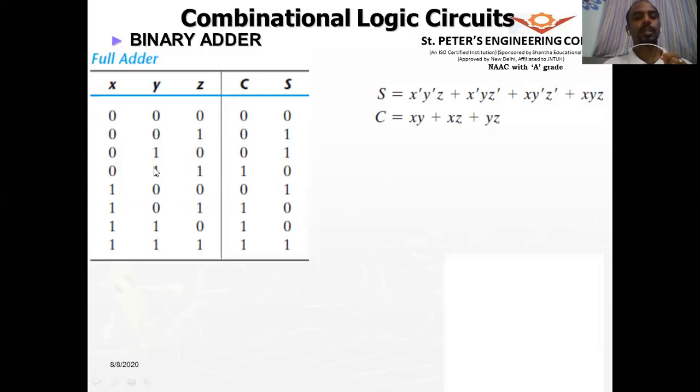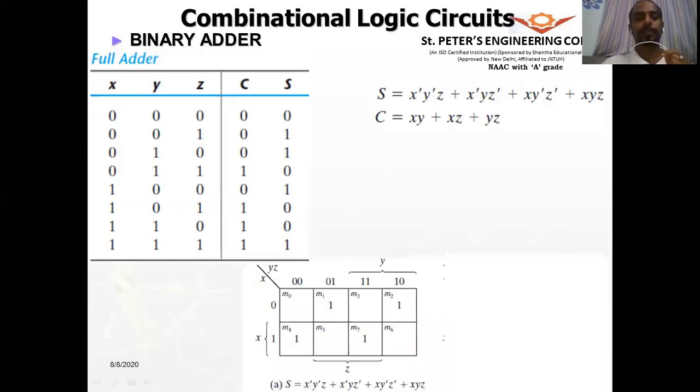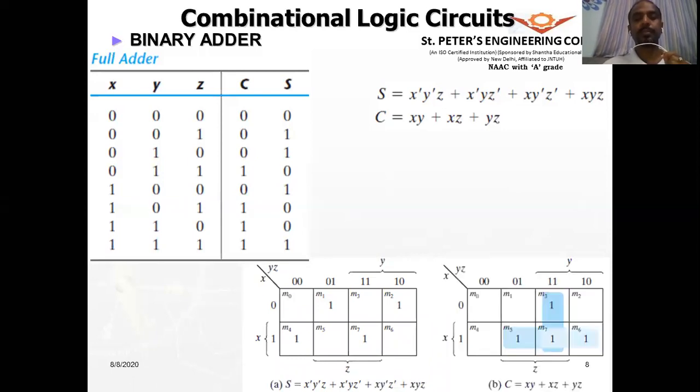So here, when is the carry bit 1? If you draw the Karnaugh map, you will get this expression. Of course, this is a simplified one. So here, if you directly take the min terms, this will be x complement y z, and for this it will be x y complement z, and so on for the remaining two terms. So therefore, here we have taken the Karnaugh map and simplified. So this is for the sum, and this is for the carry.